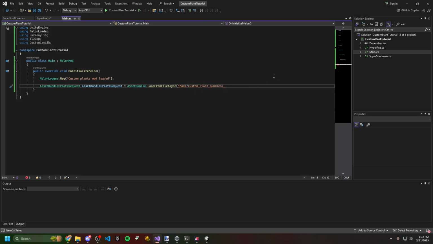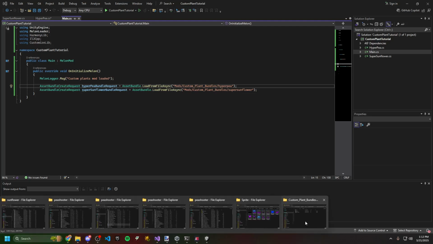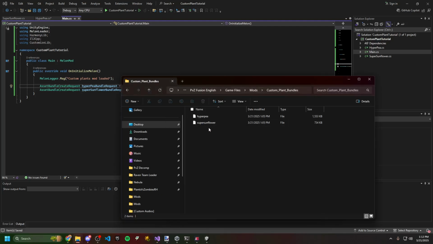Mod slash custom plant bundles. And I'm actually going to do this. I'm going to make this the hyper-p bundle request. So then I'll type in hyper-p, because that was the file name. And then I'm just going to do the same for super sunflower, right? Just this time it's going to be super sunflower. So just make sure that these line up with the same path and these line up with the same